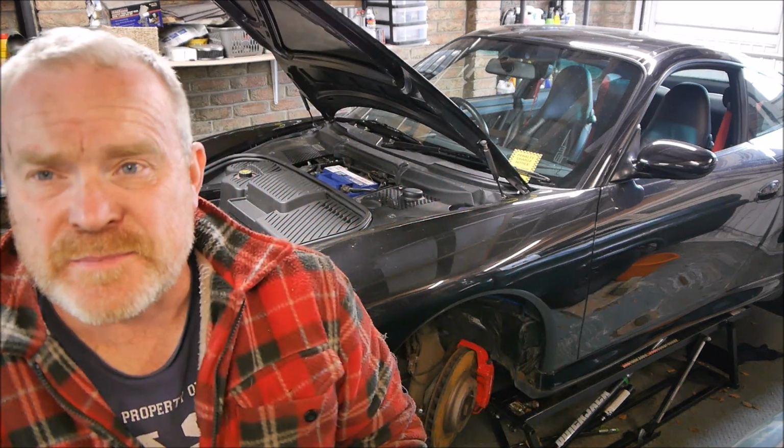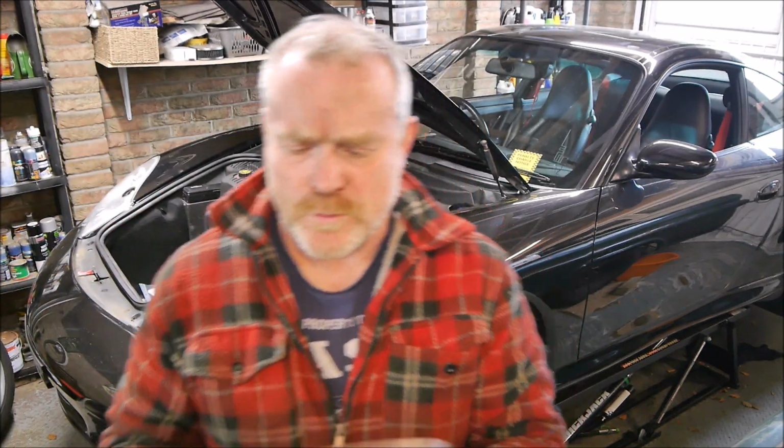Obviously when it does come to replace them, the original 911 ones are all pre-bent and they're nice, but not only are they ridiculously expensive, they are going to rust again. So the replacement is basically something called Cunifer, which is